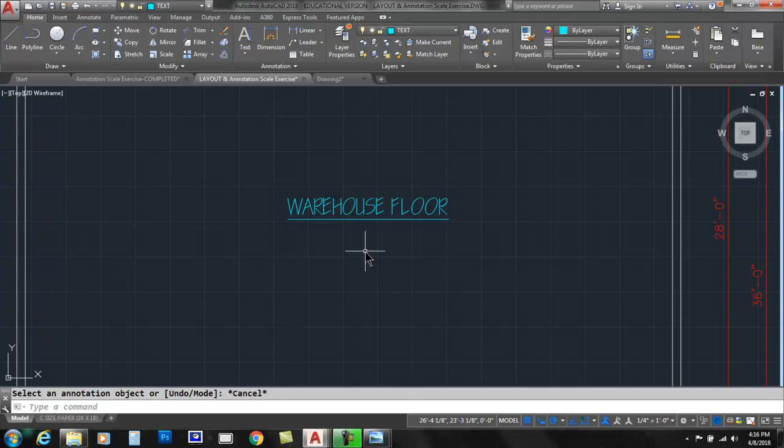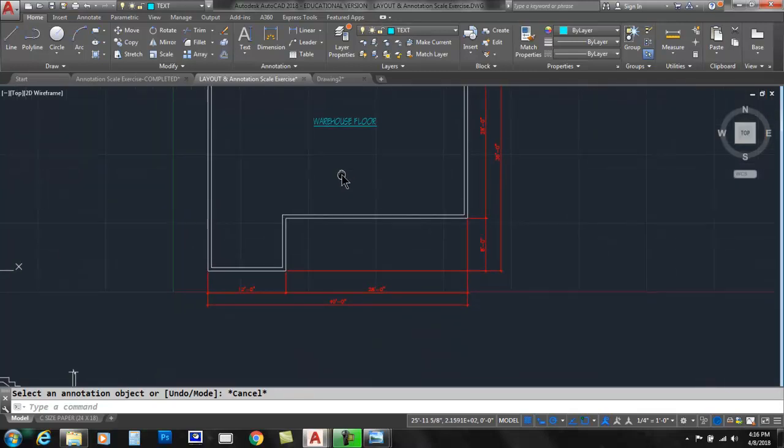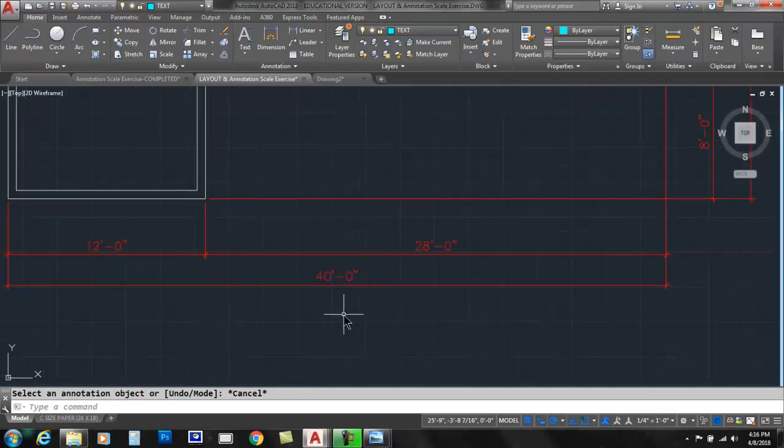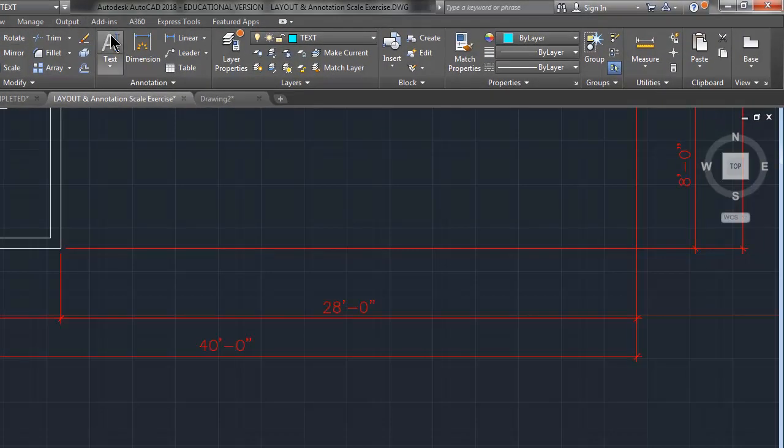Okay, then I'm going to go below, and I'm going to add those two words that you see on your handout, the word floor plan and then scale 1/4 inch equals a foot. So I go back to single line text, pick to begin, look at my command prompt. This is a large size text, so it's a 1/4 inch, and I hit enter. And it says specify rotation, enter again, and then this time I want it underlined, so %%U, and then floor plan,